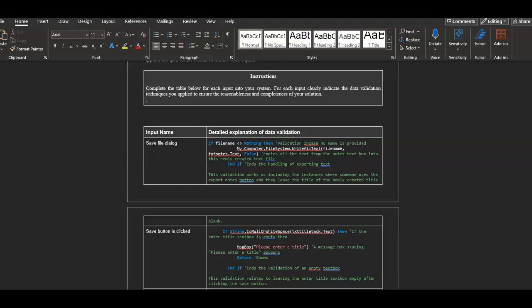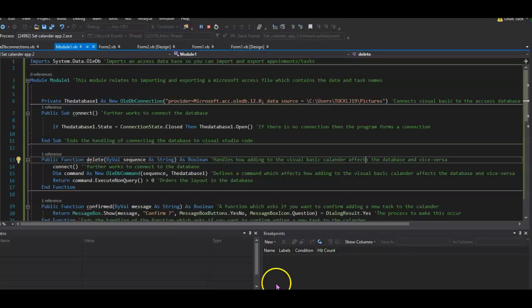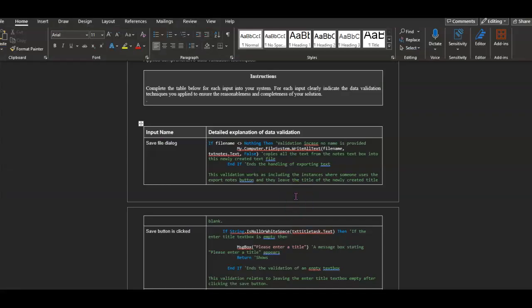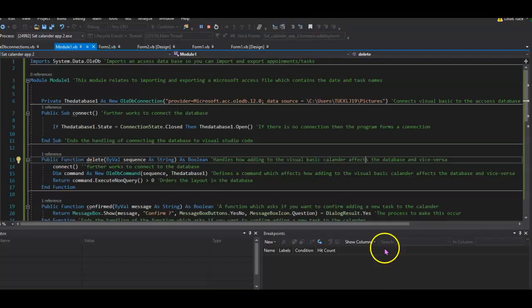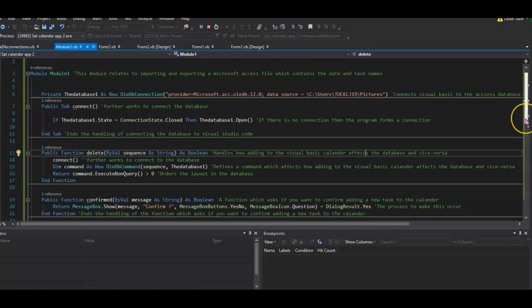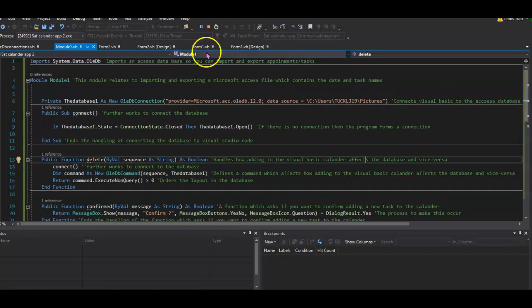First is the save file dialog. Okay, so we've also included extra. Just real quickly, I've included extra internal documentation here. This isn't in the code and internal documentation part. These are just extra explanations of the validation and how it works. So anyway, if I go to form 1,